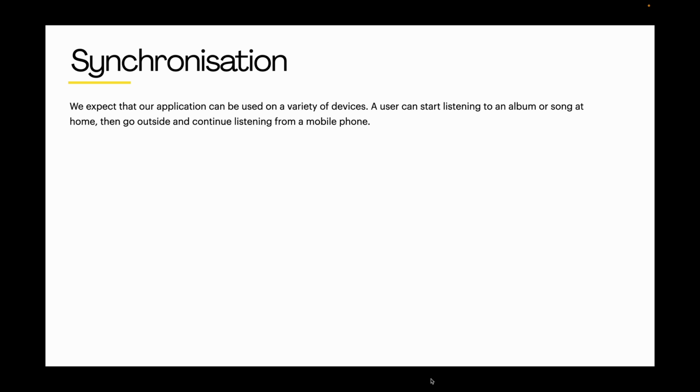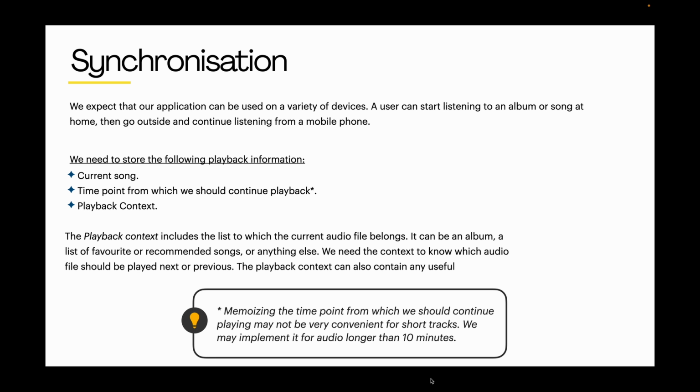Let's discuss synchronization. We anticipate that our application can be used on a variety of devices. A user might start listening to an album or song at home and then continue listening from a mobile phone while outside. We need to store the following playback information: current song, the point from which playback should continue, and